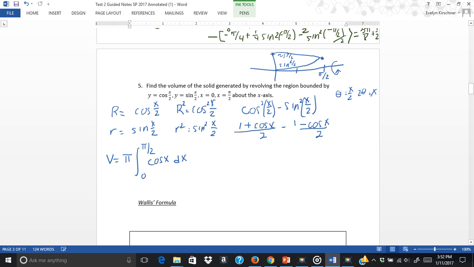Right, because it's 1/2 minus 1/2: if I change that, one becomes a minus and the other becomes a plus. So I have 1/2 cosine x plus 1/2 cosine x, the whole cosine x. So I can integrate that, and that's just sine x. So I have pi times sine x from 0 to pi over 2, which is pi times the sine of pi over 2 minus the sine of 0, and that just gives me a volume of